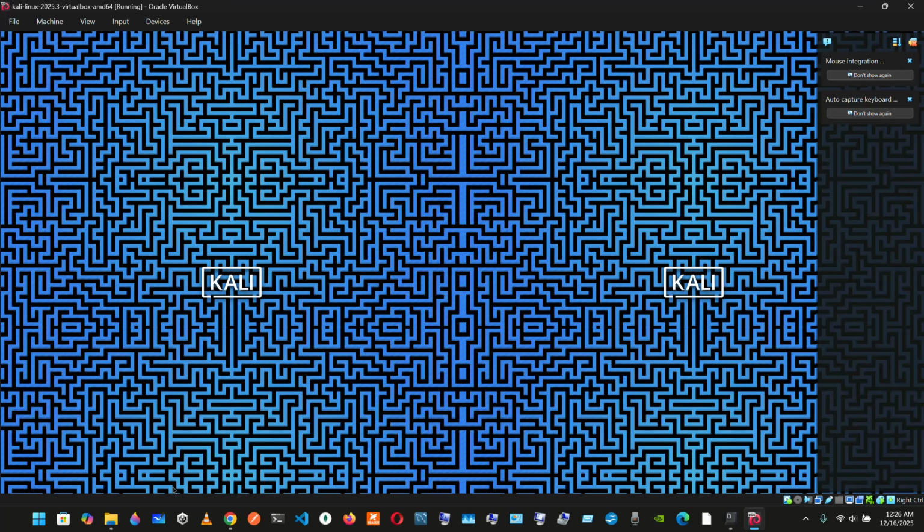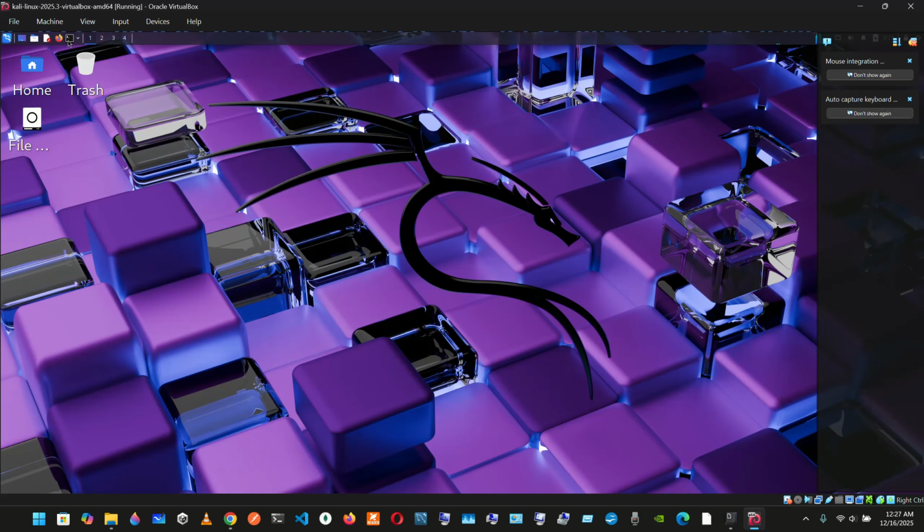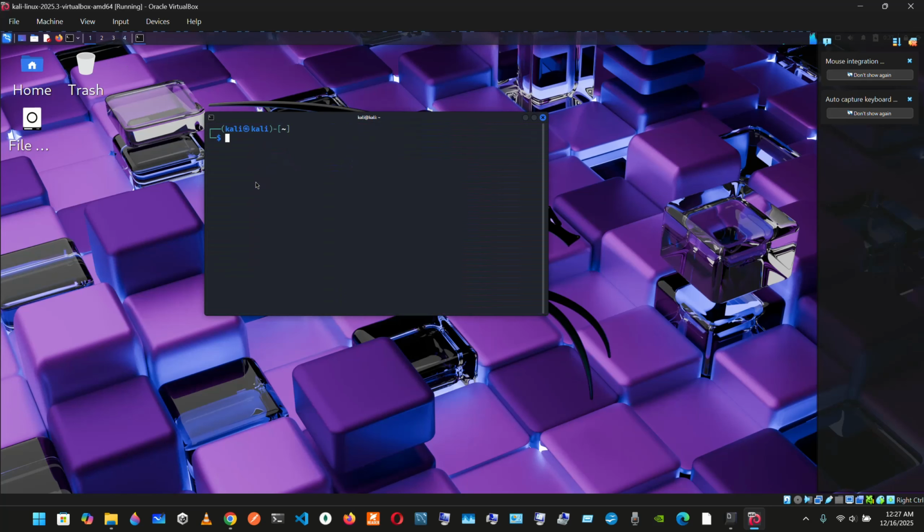And pretty much, once you want to log in, the username is Kali and the password is Kali by default. But if you want to change it, you need to go into your terminal right here, and then you put in passwd and just press enter,